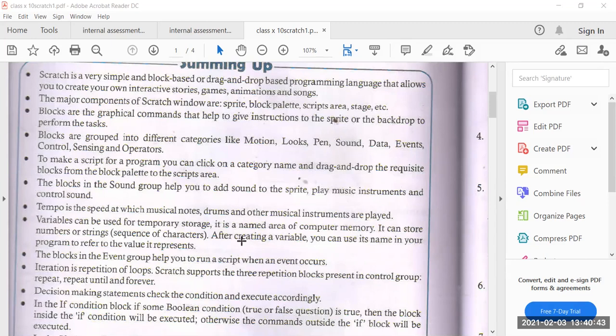and its editor shows the menu bar, toolbar. The front side shows the menu bar, toolbar, sprite list, and graphical blocks are also there. Its main components are sprites, scripts, script area, block palette, block description area, steps, moving steps. So, summing up, we can perform it.